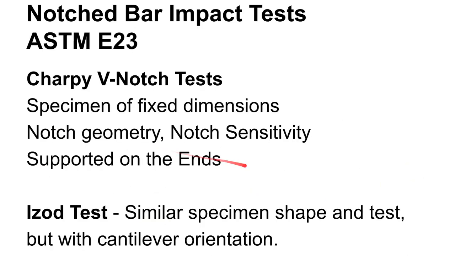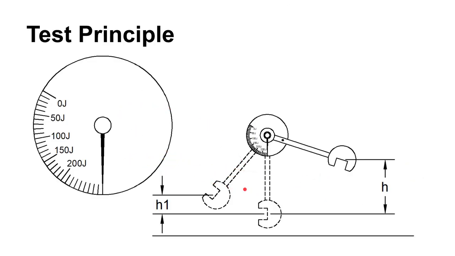All right, so here's how this thing works. Both of these tests work essentially the same way. You have this hammer, and the hammer is mounted on a real nice freely swinging ball bearing. So if we were to allow this hammer to just swing freely, it would move all the way to the other side, and it would be the same height on the other side as it was on this side, neglecting friction, and we're already saying that we can take that out. Then what we can do is dial this in and say that that's the 0 point. Okay, so if we let this swing without striking anything at all, then this needle would wind up pointing up here to 0.